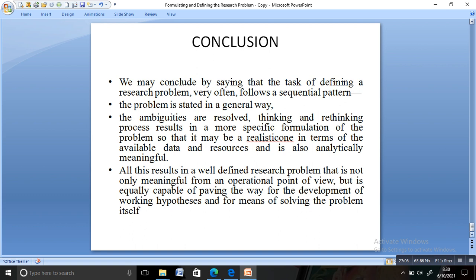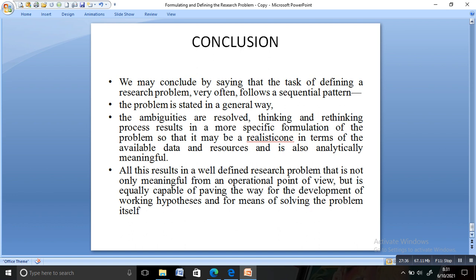The problem you define should be capable of developing a working hypothesis for solving the problem. So you should define the problem in a general way, then think and rethink in a specific way in terms of available data and resources, and you should be able to work out the working hypothesis